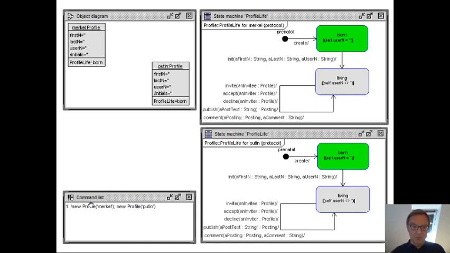So this was the elements from the command list that have been issued and have been executed. It's this combined statement here where two new profile objects are created. And now we go one step further in the scenario. We have seen here another